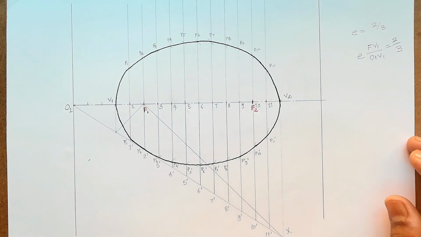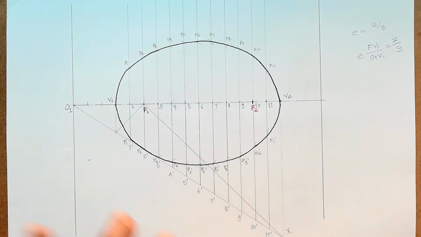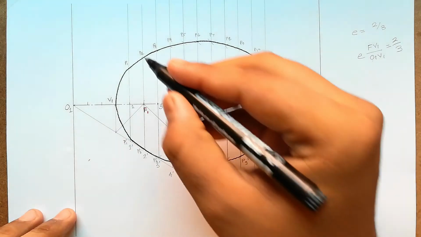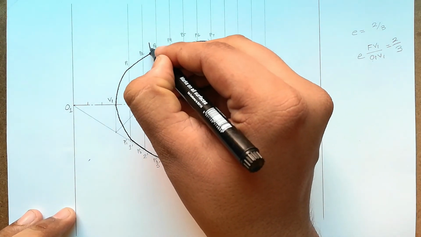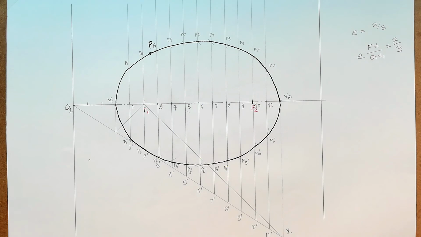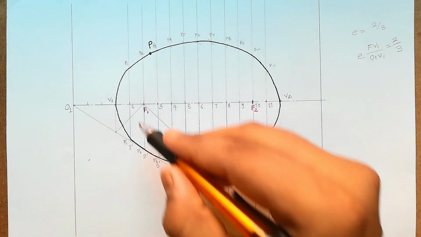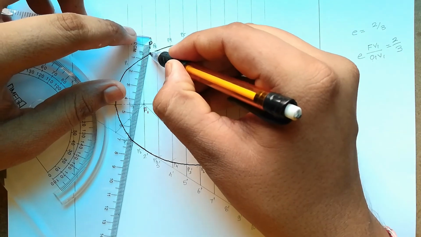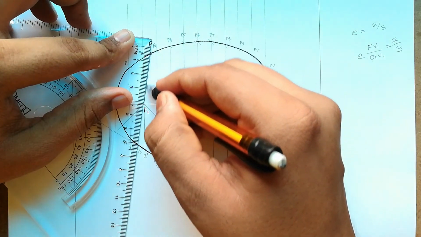At the last, let us understand how to draw the tangent and normal whenever we are having focus and directrix available. To draw the tangent and normal, we will need a point. Okay, so let me say I need to draw my tangent and normal from this point, which is given as point P. So the very first step to do is to connect that point P with the nearest focus that is available. Over here F1 is the nearest one which is available. So I will just connect that point P with that focus. So this is my very first step.